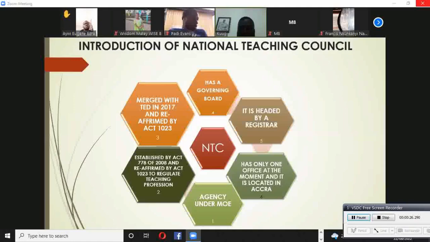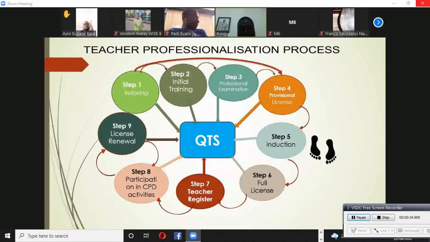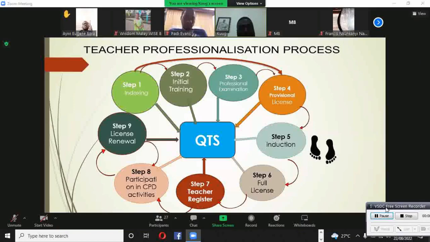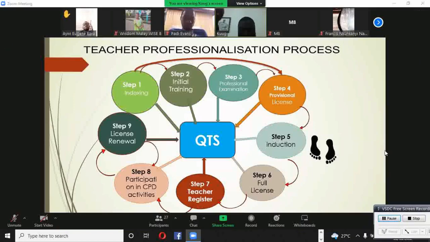Now let's look at the teacher professionalization process. A lot of prospective teachers often ask the question, what goes into the professionalization process for teachers in Ghana? The process involves